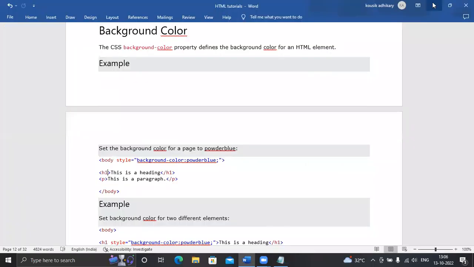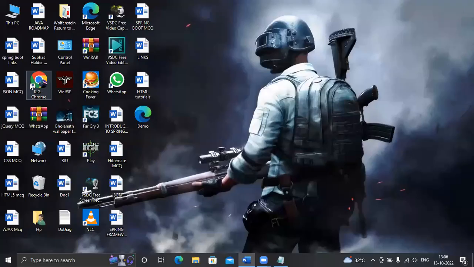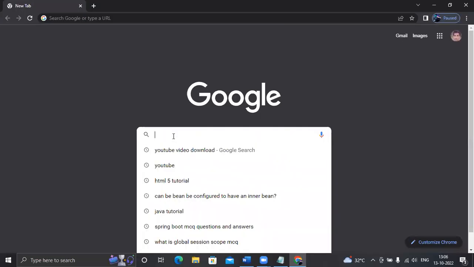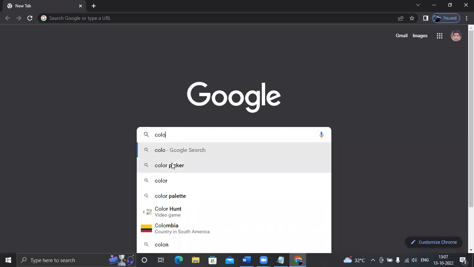Let me open Google Chrome, and just simply type yellow, that color. And one thing, can anyone tell me what the color spelling is? Hello? Yes, sir. COLOR. Yes, COLOR. The actual spelling is COLOUR, right? Yes, sir. But in HTML, you will not use COLOUR. In HTML, you will use COLOR.